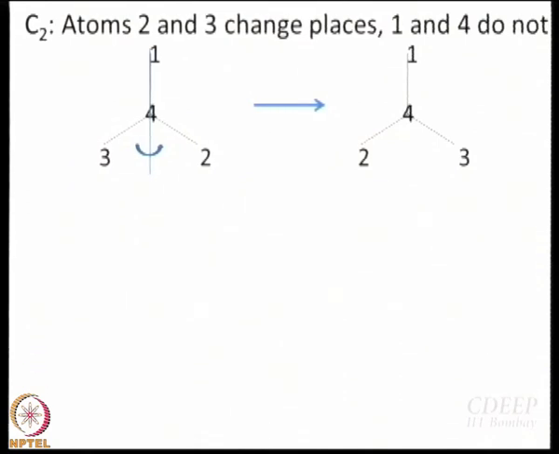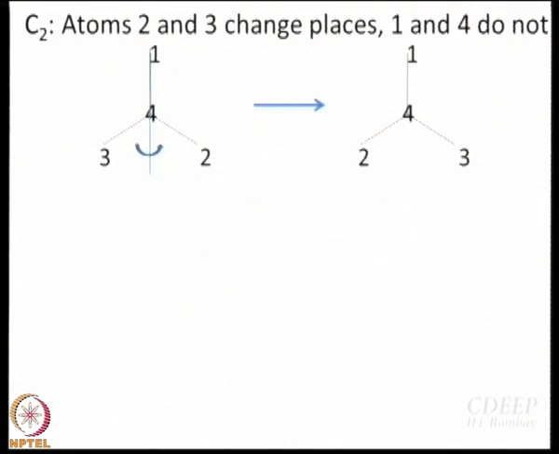Do you agree with me if I say that x1 transforms exactly as x4, y1 transforms exactly as y4, z1 transforms exactly as z4, no? x1 is parallel to x4. So they are going to transform in the same way, right? First of all, they will remain in their own place, and besides they will transform in the same way also. Same with y1 and y4, same with z1 and z4.